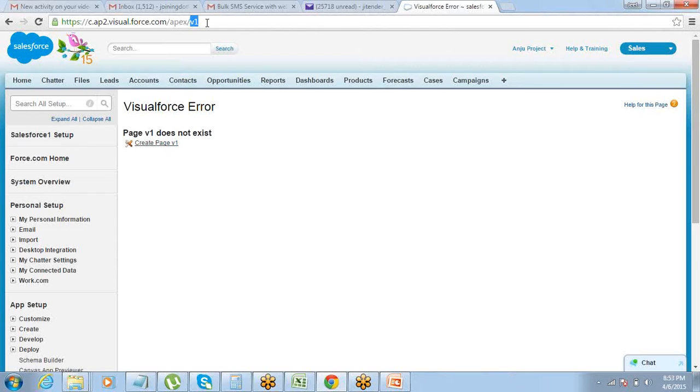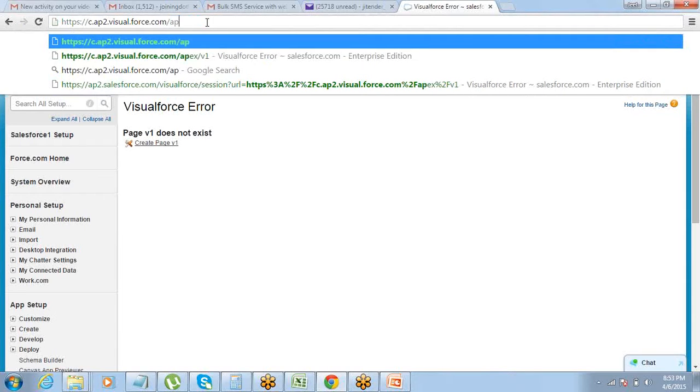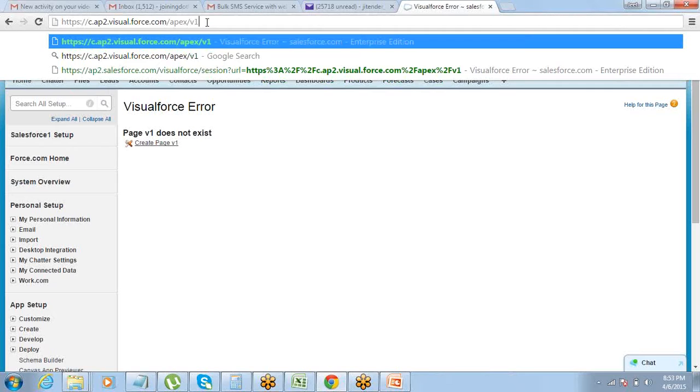Got it? So let me repeat it. Delete everything in the URL after salesforce.com/, then type in apex, then a slash and the page name. You can give the page name whatever you want, but make sure it does not have special characters or spaces.